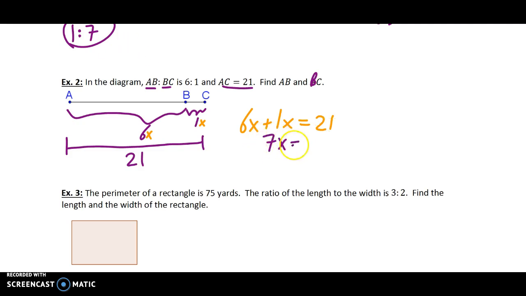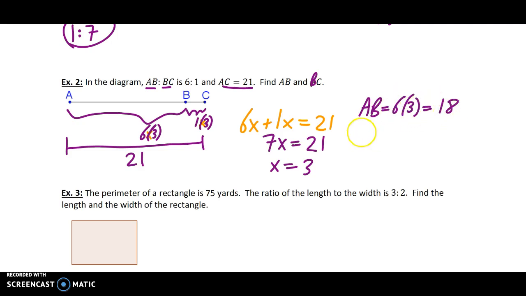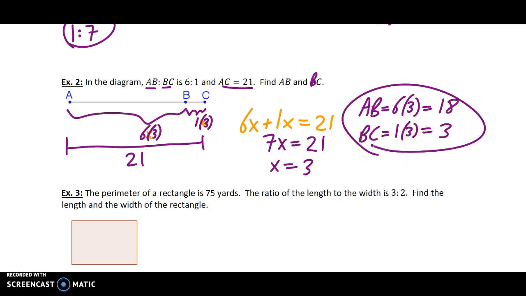And then there's a little algebra. 7x equals 21. That means x equals 3. I need to multiply both of those numbers by 3. So replace x with 3 in both of those, and you'll get the lengths. So AB is 6 times 3, which is 18, and BC is 1 times 3, which is 3. There's my answers. You'll notice both of them add up to 21, 18 plus 3,